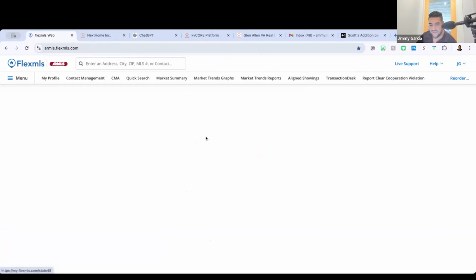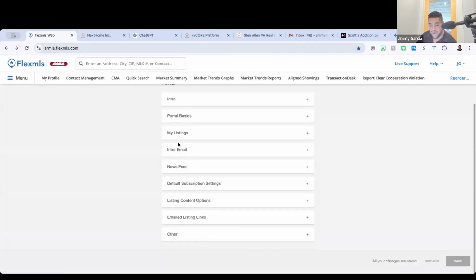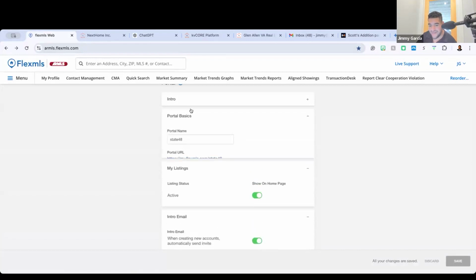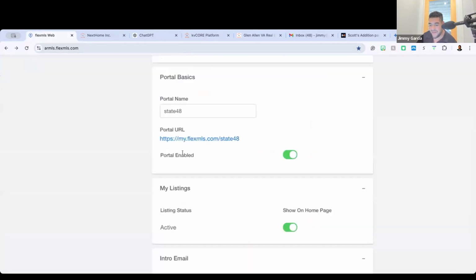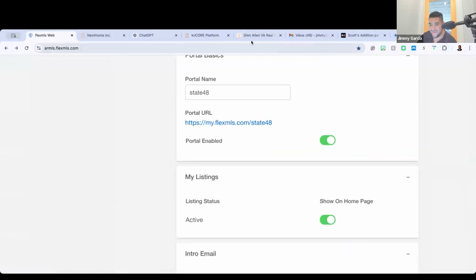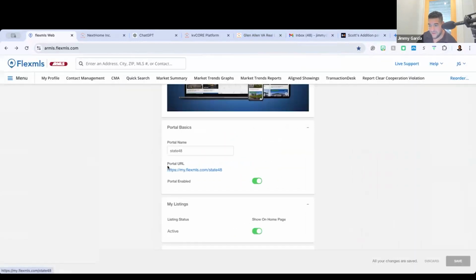If you wanted to have things brought back to your Flex, you could go ahead and put in your own URL. The only problem, and why I don't advocate for that per se, is that that info is only going to be captured here inside of your Flex. Okay, it's not going to be captured in your KB core, which is why I'm not a fan of doing it that way. Okay, so yes, the answer is yes, you can do that.